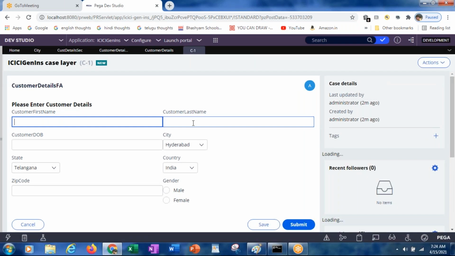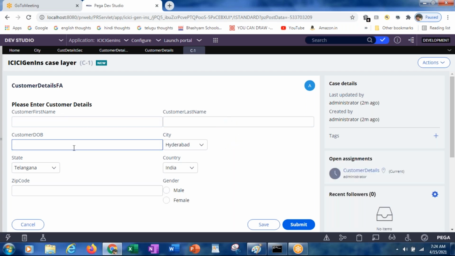Yeah, you got it. If you see this, you will be able to see the section.